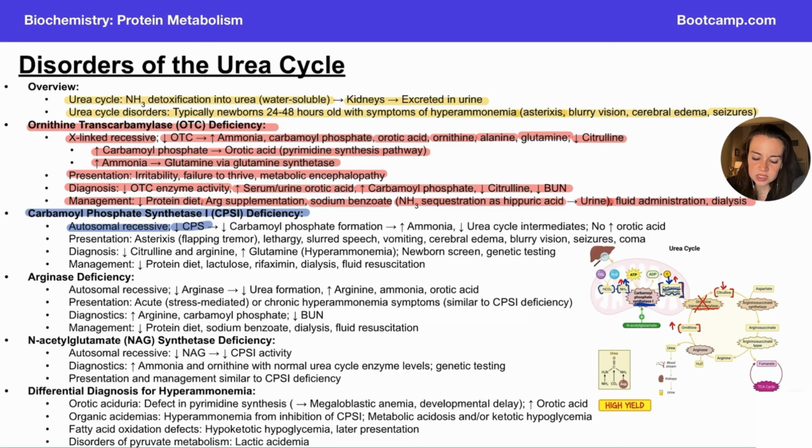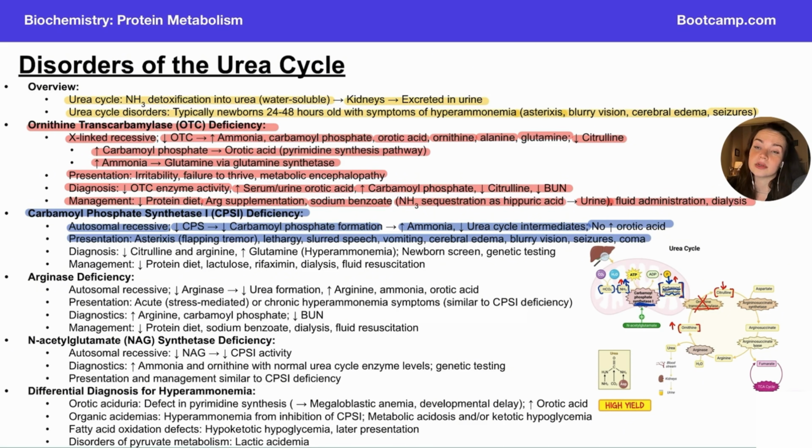And in CPS1 deficiency, we're going to have a decrease in carbamoyl phosphate formation, which leads to an increase in upstream ammonia and a decrease of the urea cycle intermediates downstream. And then, like we said, we do not see the increase in orotic acid here because we do not have increased carbamoyl phosphate. I make a point about this because CPS1 deficiency and OTC deficiency are the two most commonly tested on the Step 1 exam, and they like to know if you know the difference between the two of them. From a lab's perspective, whether or not there is an increase in orotic acid is a great way to quickly tell them apart. Presentation here, again, hyperammonemia symptoms, things like asterixis, lethargy, slurred speech, vomiting, cerebral edema, blurry vision,